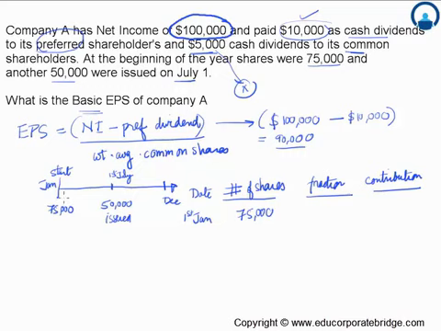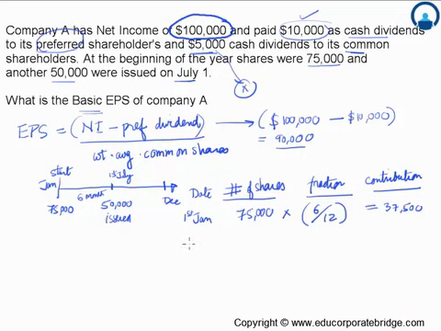The number of months between January and end of June will be 6 months, and the fraction of the year would be 6 by 12. So this 75,000 is existing for almost half of the year, and the contribution would be nothing but 75,000 multiplied by 6 by 12. So this is 75,000 multiplied by 0.5, so this comes out to be